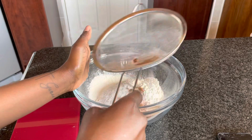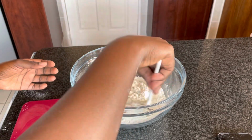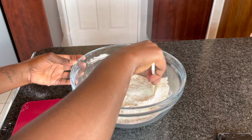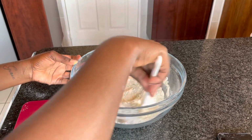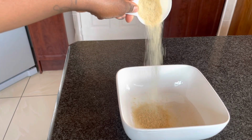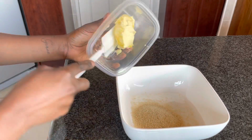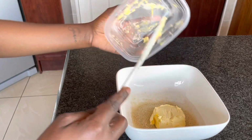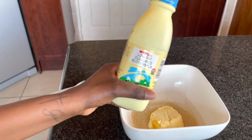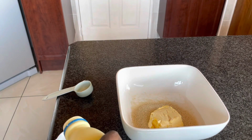And you're going to sift everything in and mix, and we're going to set this aside and work on the rest of the ingredients, which are the wet ingredients, and then we'll eventually incorporate all the ingredients together. In goes half a cup of sugar and then 80 grams of margarine. Then you're going to add 160 milliliters of